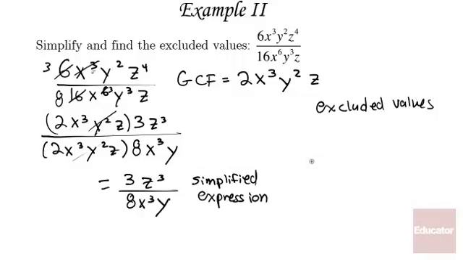Excluded values will occur when the denominator of the original expression, do not just go down here. I mean, by the time I get to here, I'm missing a variable, and I actually have to address all of the variables. I need to find values for any variable that would cause this expression to equal 0. And because of the canceling out, I'm missing a variable down here at this point. That's why you can't work with this simplified expression. Working with the original denominator,